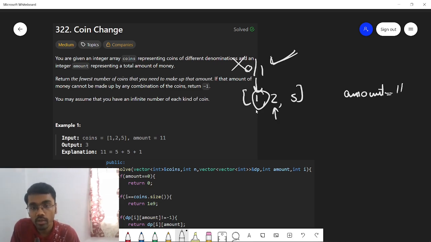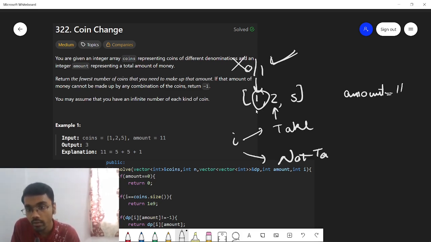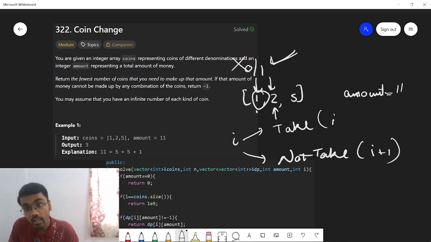We can have this supply infinite number of times. So simply what we can do, for each and every index i, we can have two options. Either we can take that particular coin or we cannot take that particular coin. If we are not taking it, we are simply moving our index forward, and if we are taking it, we are keeping the index same because we can again choose to take this particular coin. But the different thing we are doing in the take part, we are just subtracting coin of i from this amount,